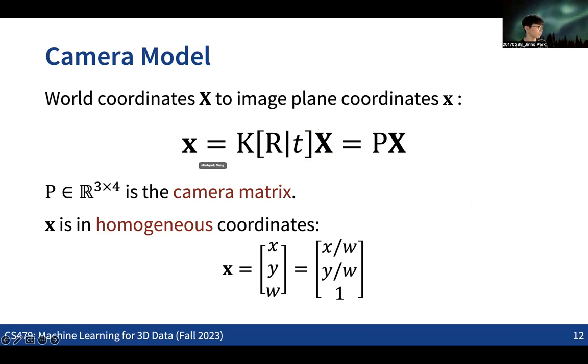So while we are just transforming the 3-dimensional vector into a 3-dimensional vector, by treating these small x as the homogeneous coordinates, we can see the effect of doing some kind of projection, right? So having these homogeneous coordinates and the 3x3 matrix K here, we are making a projection from the 3D to the 2D. This is a very quick introduction to the camera model that you might be familiar with if you took any computer graphics or vision courses. Any questions on this?